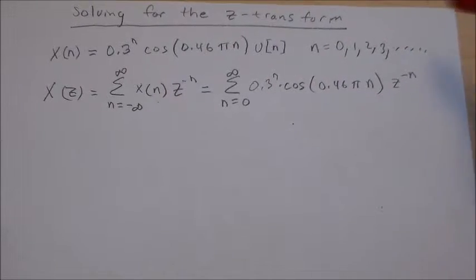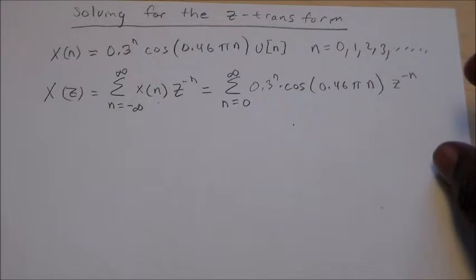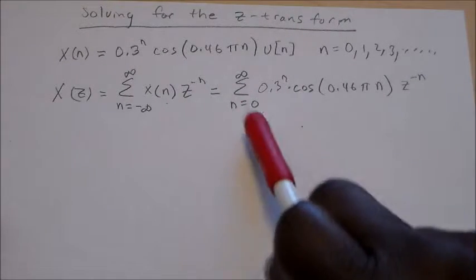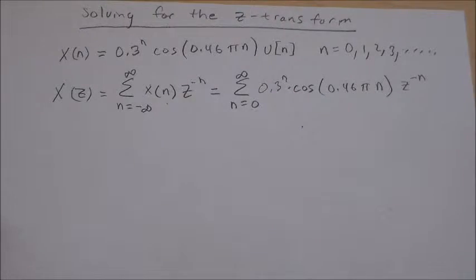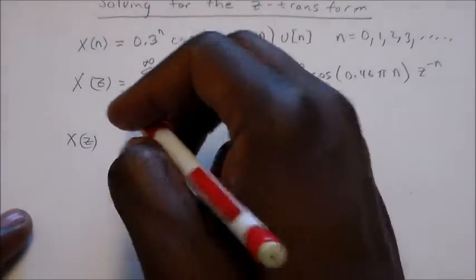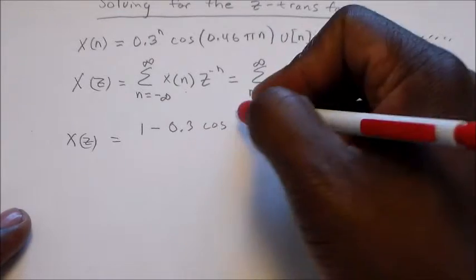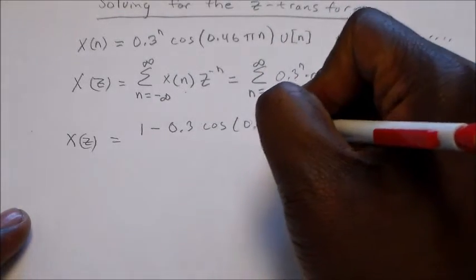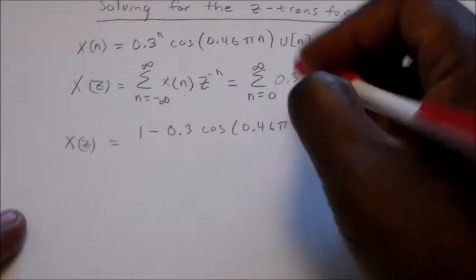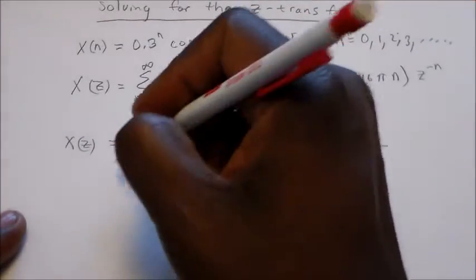Now in order to figure this out, I would highly suggest that you use a Z transform table. Take a minute to look at your Z transform table and see what you may turn this into in the Z domain. And so what you should have found then is that we can transform this to X of z is equal to 1 minus 0.3 times cosine of 0.46 pi, oops, pardon me, no n, because we're now in the Z domain, z to the minus 1 divided by 1 minus